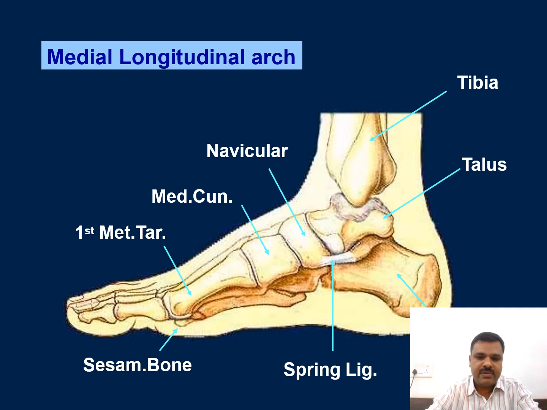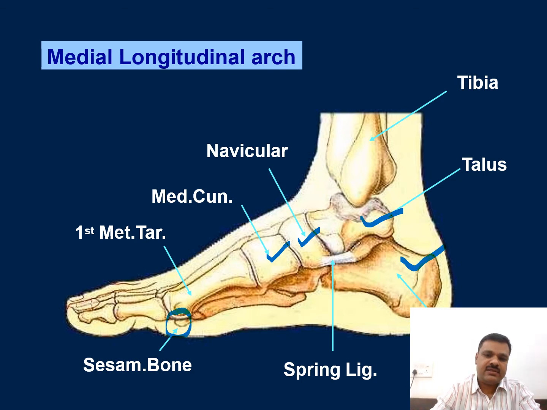So this is again the segmental distribution of the same. This is the medial longitudinal arch as already depicted to you, which is formed by different bones. So this is the calcaneum. Then we can see the cuneiform bones are in there. So this is talus, then the navicular, then cuneiform bones, and the anterior ends of the three metatarsals.